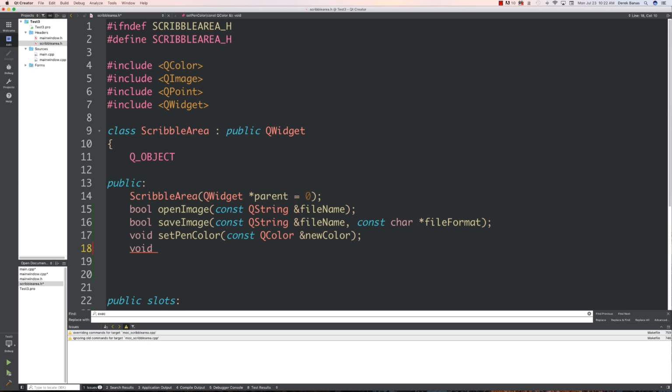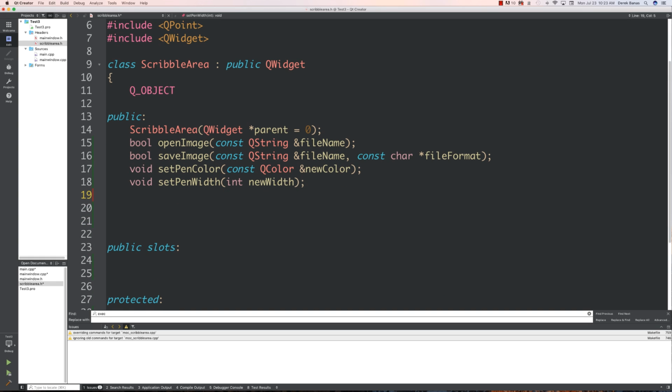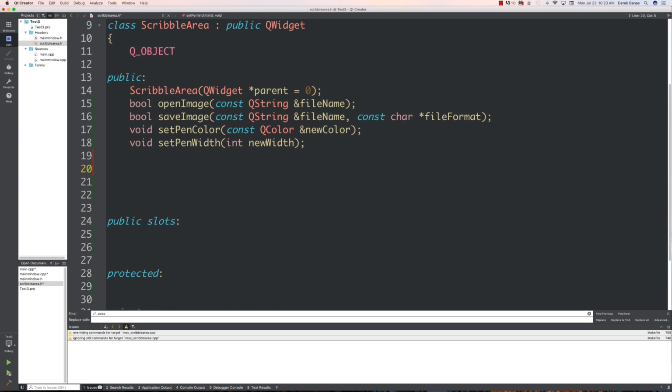Okay. And likewise, we're going to have the ability to change the pen width. And of course, that's going to be an integer. And we are going to ban the user. I'm going to show you how to ban the user from using a pen width that we do not want them to use. We are also going to be monitoring when changes have occurred. So for example, if the user modifies the image without saving it, we are going to handle that